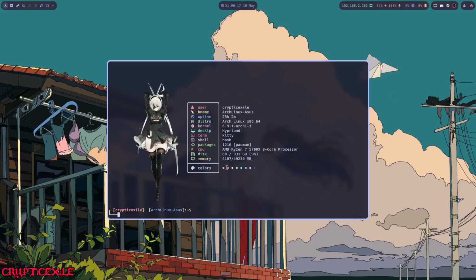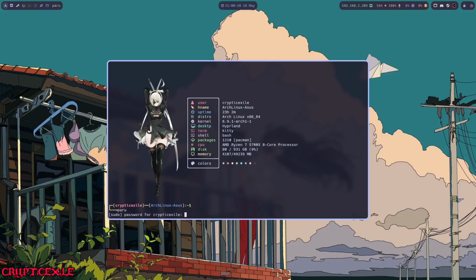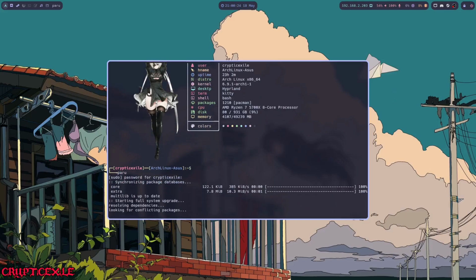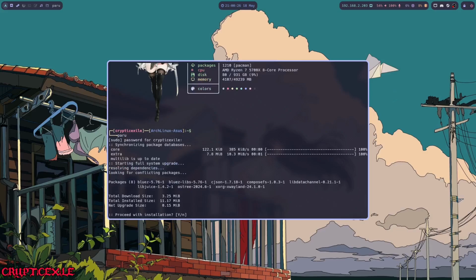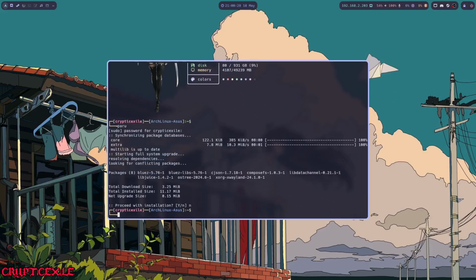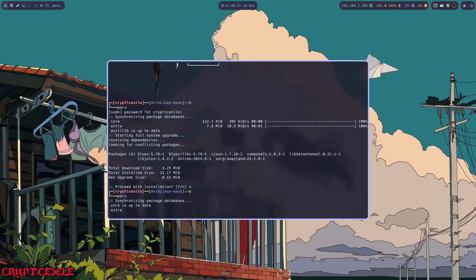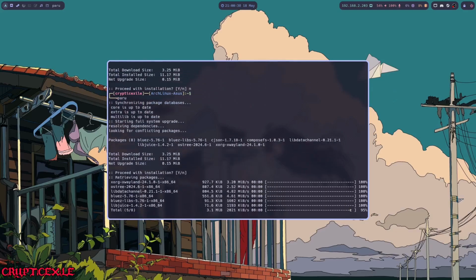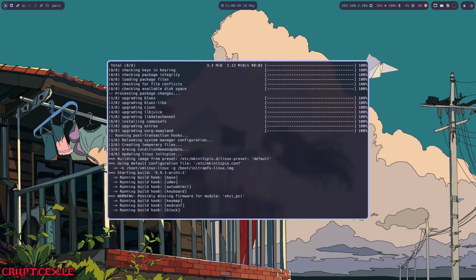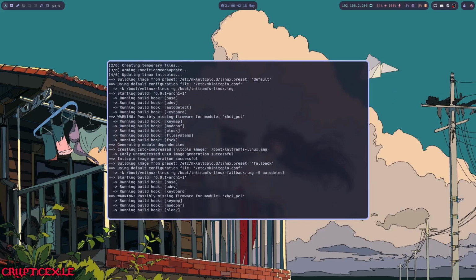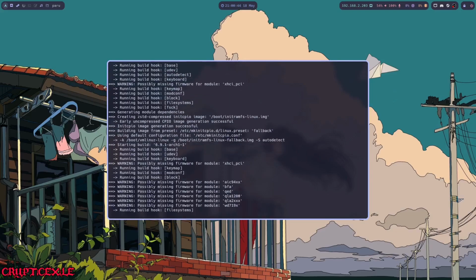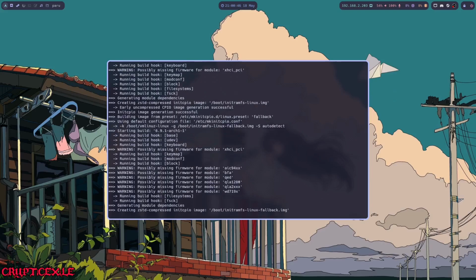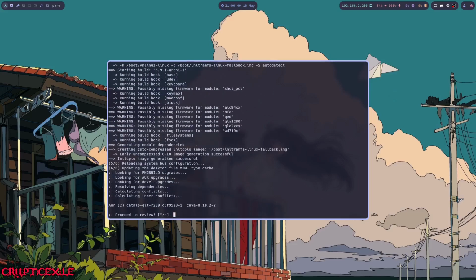Also, what's really cool, I don't think I have Paru installed here, do I? Why is it... Okay. So I probably do have Paru installed. I don't know why it's updating the system, but anyways.